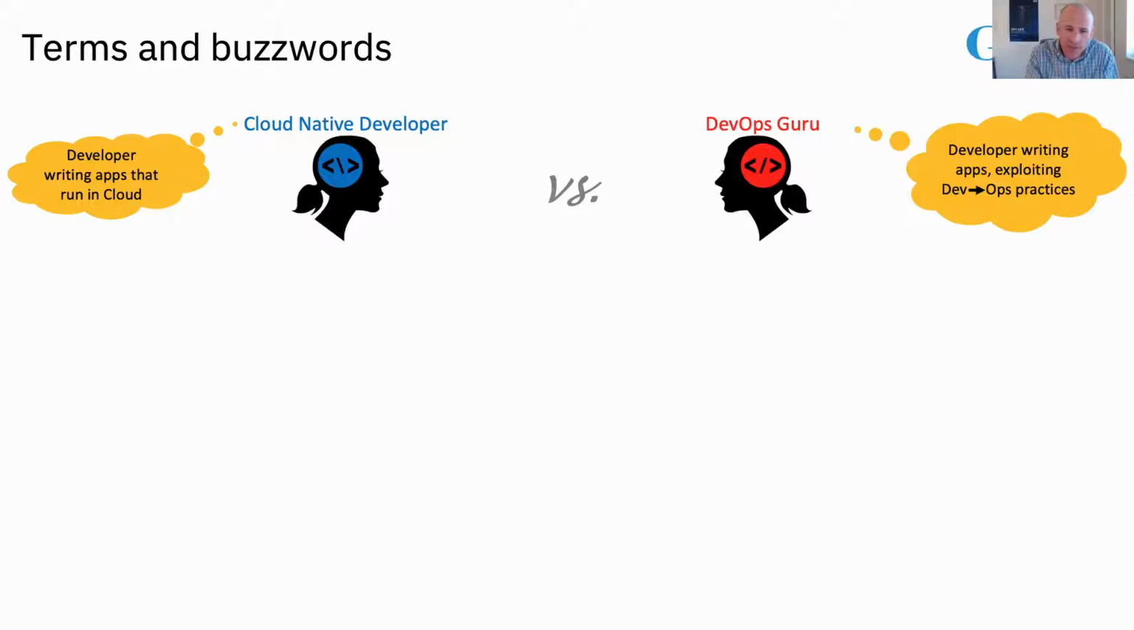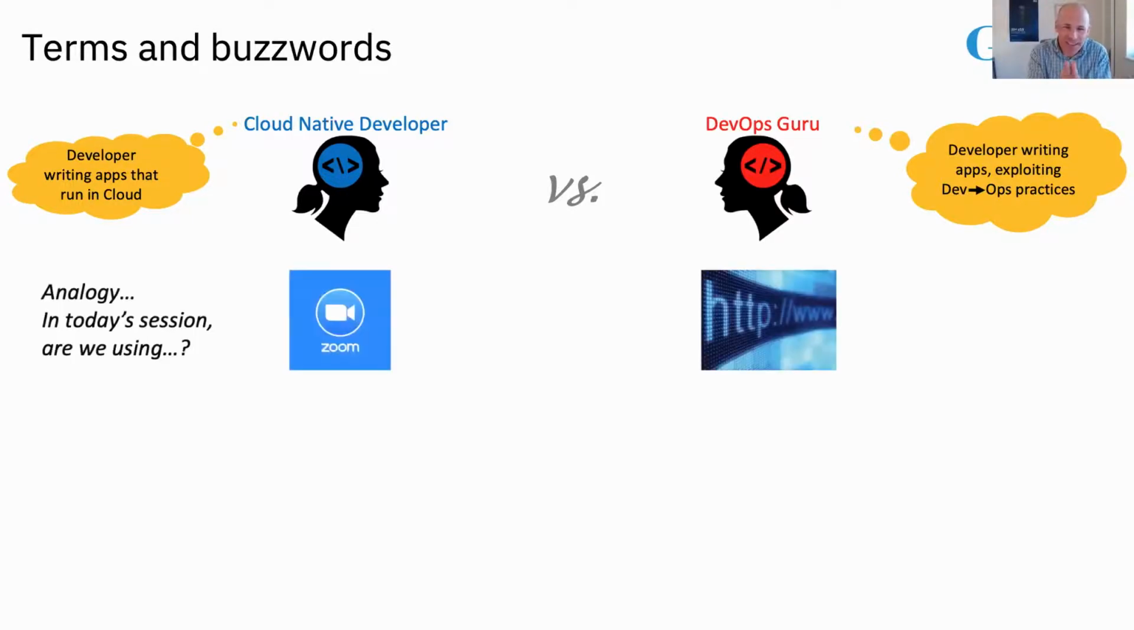all the way through to your production environments. When this session was suggested to us, somebody asked, what is the difference between a cloud native developer and somebody that uses DevOps? I was trying to think of an analogy, and it's a bit like saying, are we using Zoom at the moment or are we using the internet? You can't separate them. Zoom wouldn't work without the internet, and the internet's there, but we couldn't talk to each other like this without Zoom. So the two are inextricably linked. And actually what I would say is that a good cloud native developer would be using DevOps practices in order